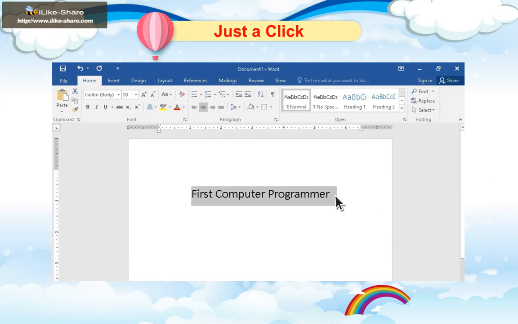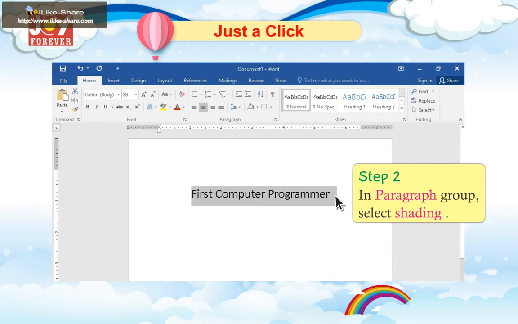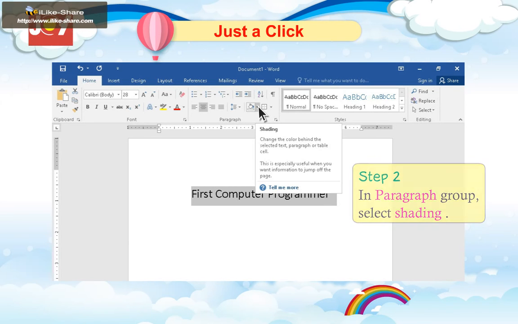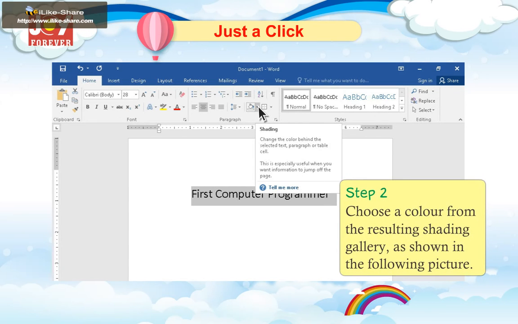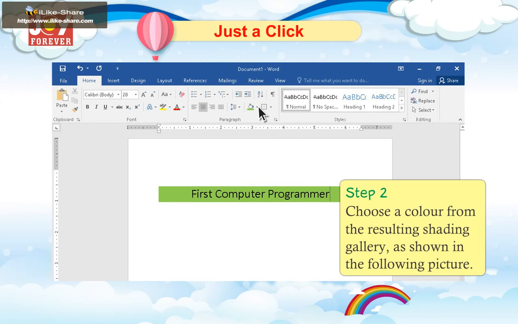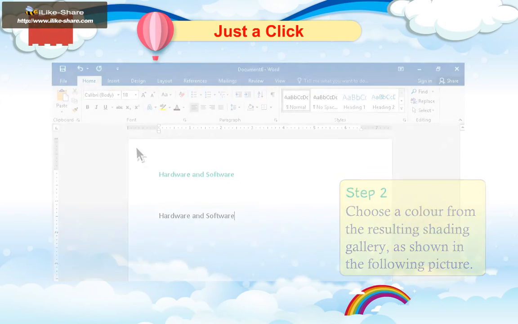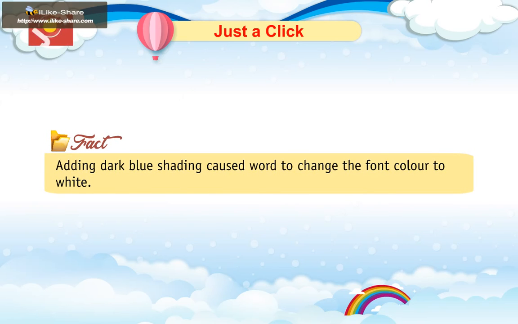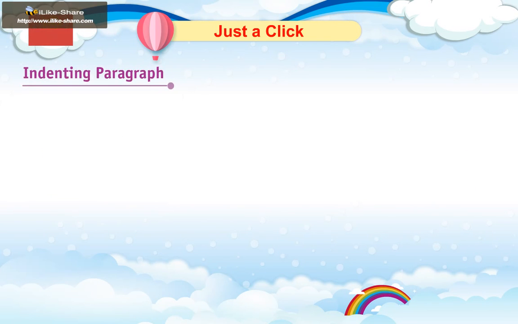Under Home tab. Step 2. In Paragraph Group, select Shading. Choose a color from the resulting shading gallery as shown in the picture. Fact: adding dark blue shading caused Word to change the font color to white.